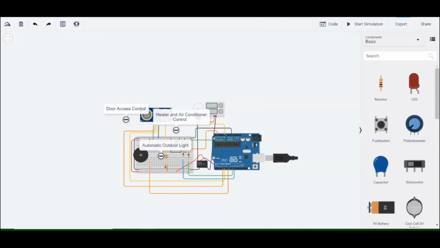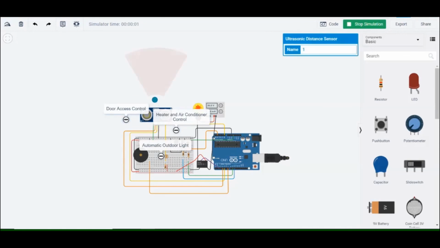Now, we will start the simulation to know how it works. We will treat this green circle as the object, and if it is outside this range, the buzzer will not beep, and if it is inside the range,